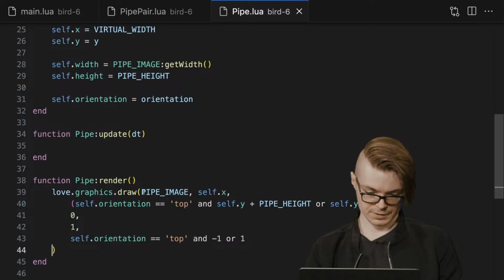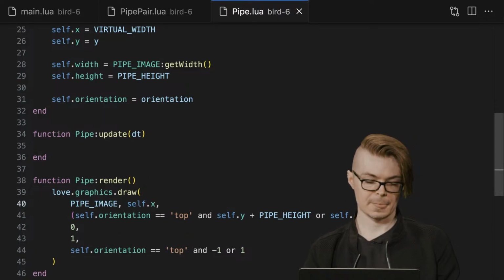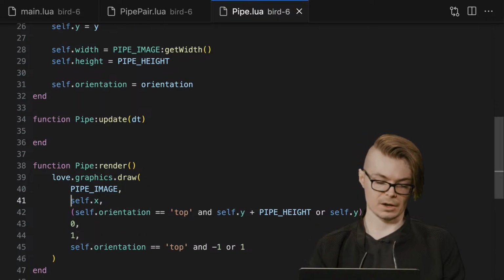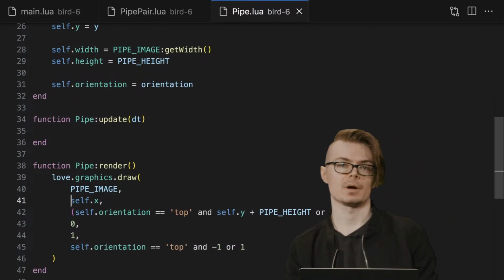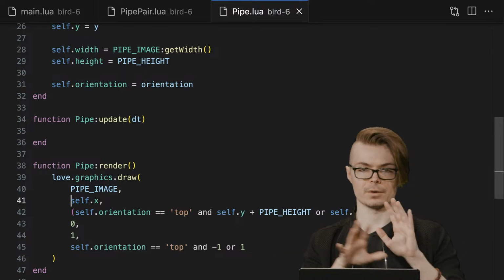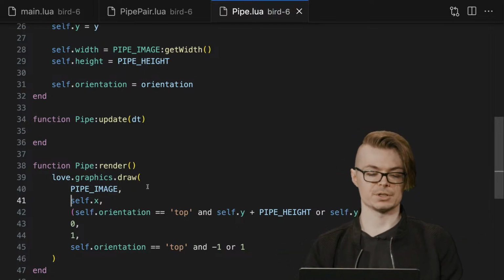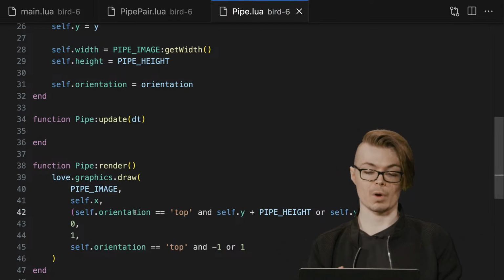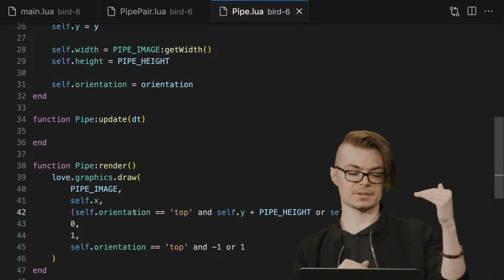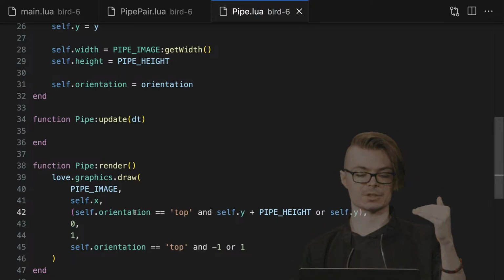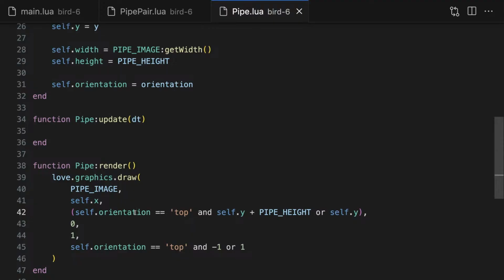Let me try to put this here, so these are all on their own line. We have, and all of this is nicely documented too on the Love2D wiki, where they go into detail on all these parameters. But you have the image, the x, so this is the y. So if it's a top, then we're going to essentially, remember, we're in our pipe pairs, we're rendering both